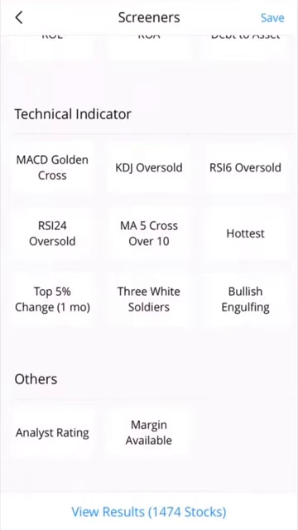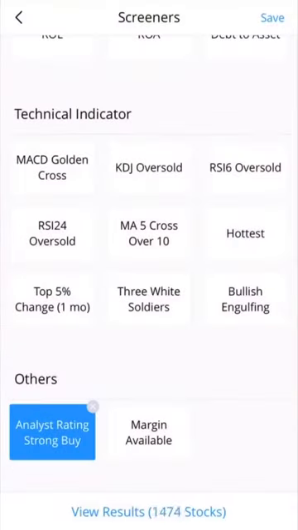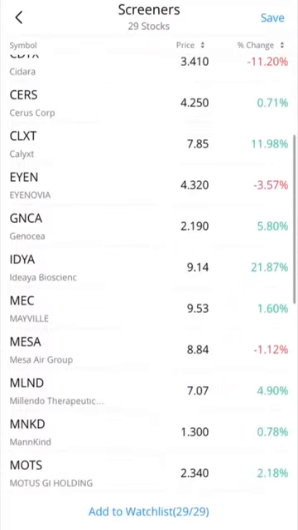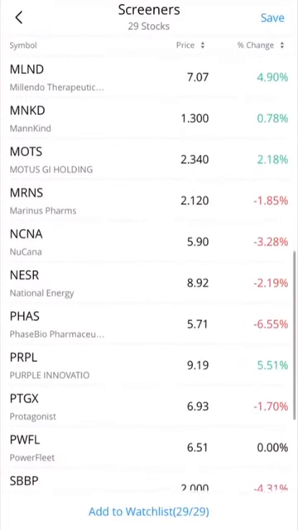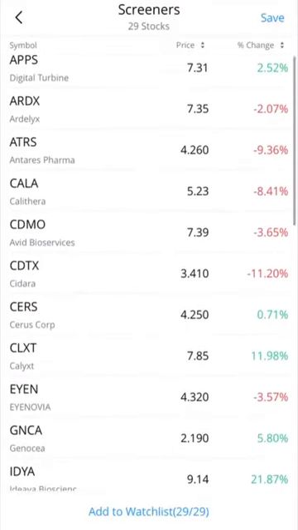Right now I'm at 1,400 stocks. I'm going to go analyst rating. Let's just say I want to look at the ones that are strong buy that are in that range. So now I have 29 stocks. Cool. So these are ones that have strong analyst buy ratings. They're right in the price range. If I'm looking for about penny stock range,